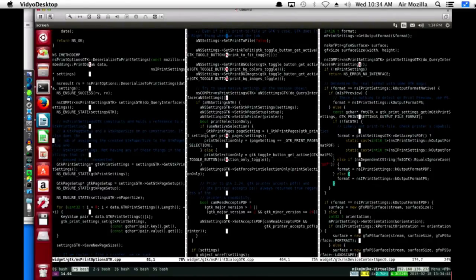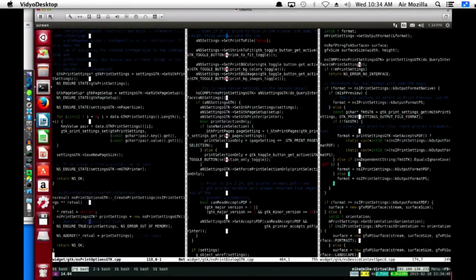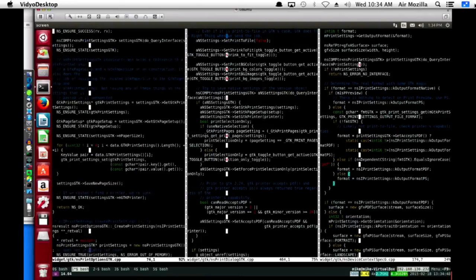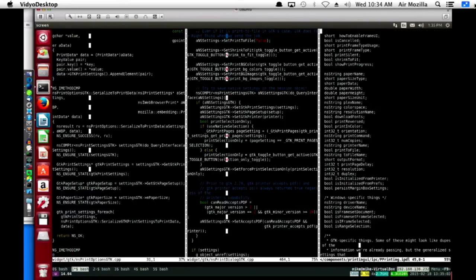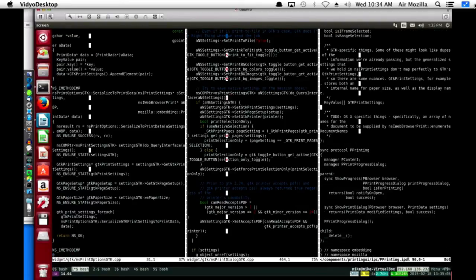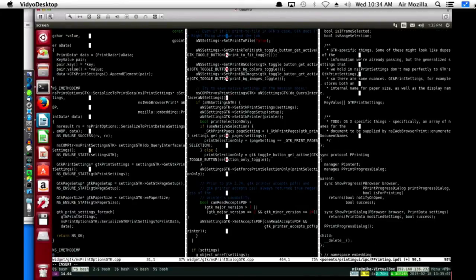So, deserialized print settings and serialized print settings. We need to add something new to our IPDL. It's under embedding components printing IPC PPrinting.ipdl, and we're going to add something here for bool acceptsPDF.